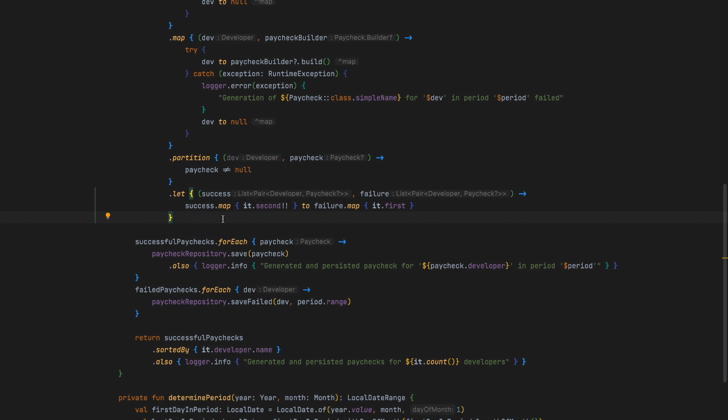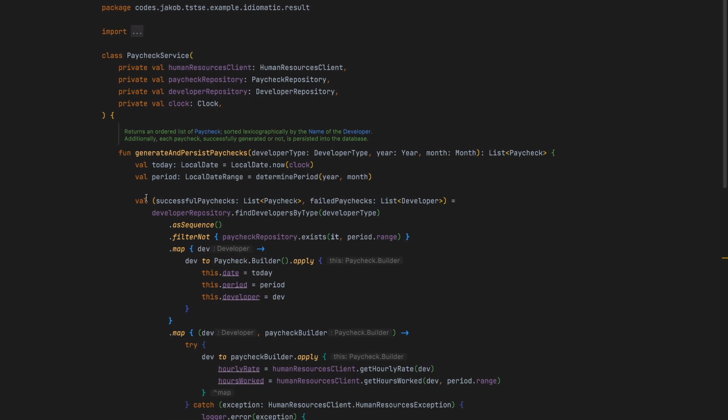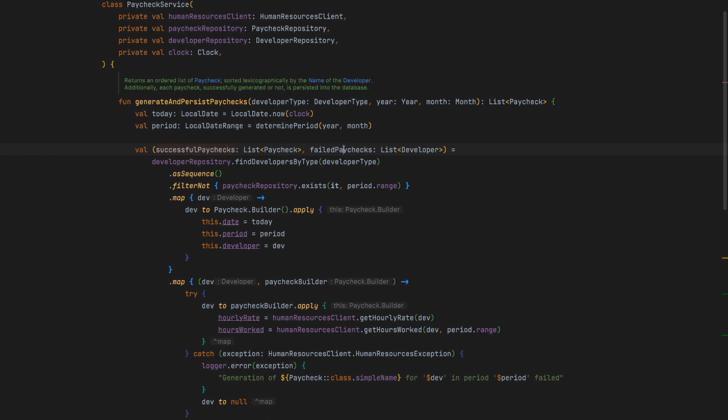going forward we have our final variable right here, which is a list of paycheck and a list of developer for the ones that failed, because here obviously paycheck doesn't make sense because there is none, but we want to know, of course, for which developers it failed, such that we can persist that information. So we just destructured it right here, and we have now all of our successful and all of the failed